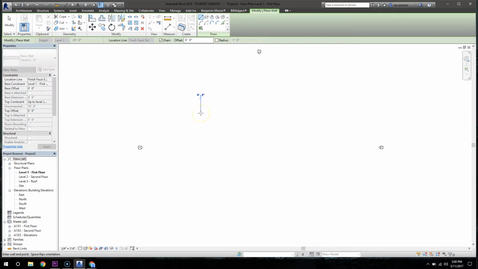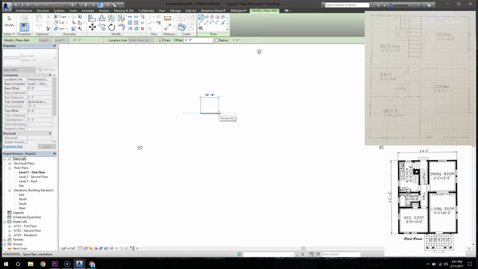So I will click and begin to drag, and I know by looking at my plan that I have 24 feet long for my wall. So I will go here and type in 24 space 0 and hit enter. It will then make my house exactly 24 feet. I will then begin to drag down the next wall and type in my 30 feet